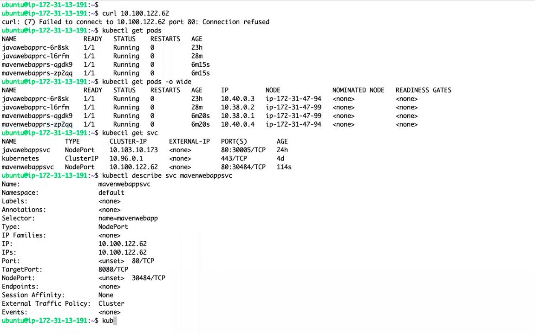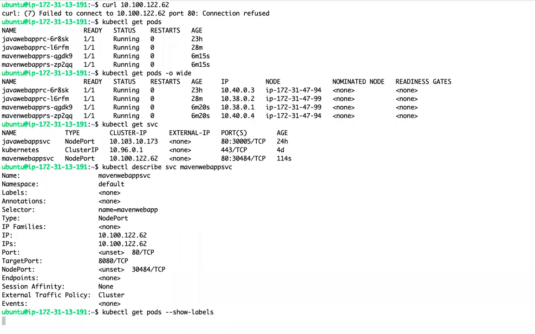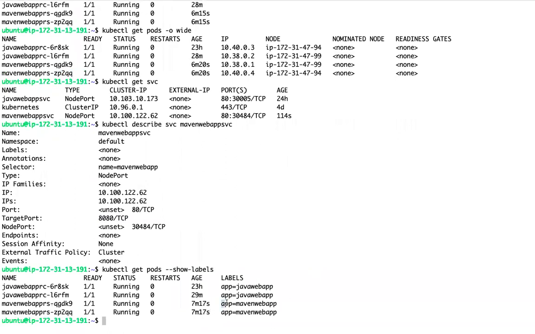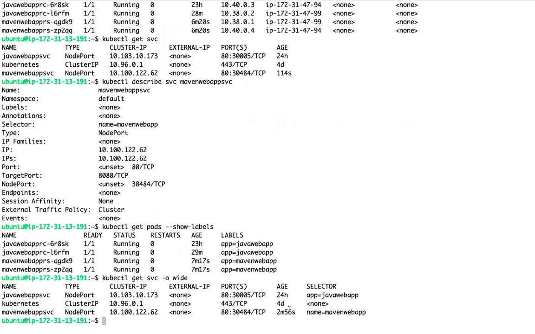I have a pod with these labels, app: maven-web-app. And I created a service. This is the selector. Is it matching? Key and value. So my pod has the key app: maven-web-app.